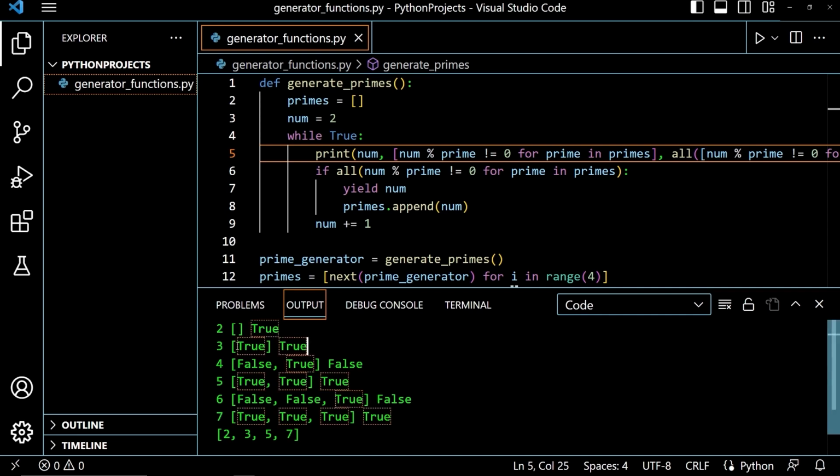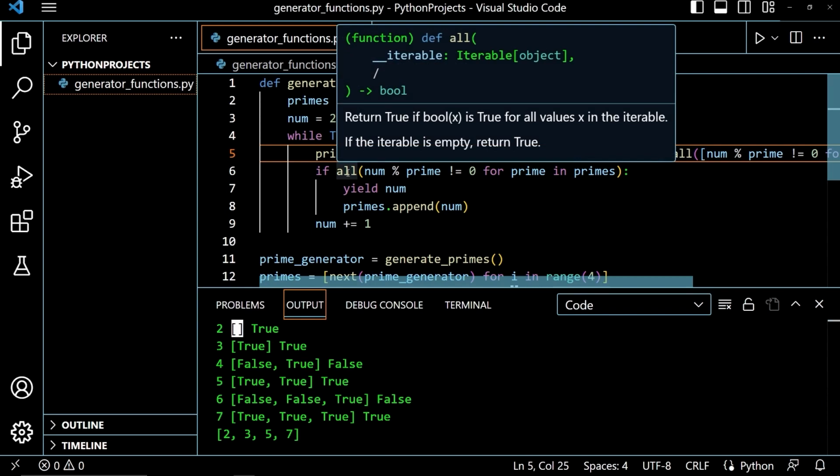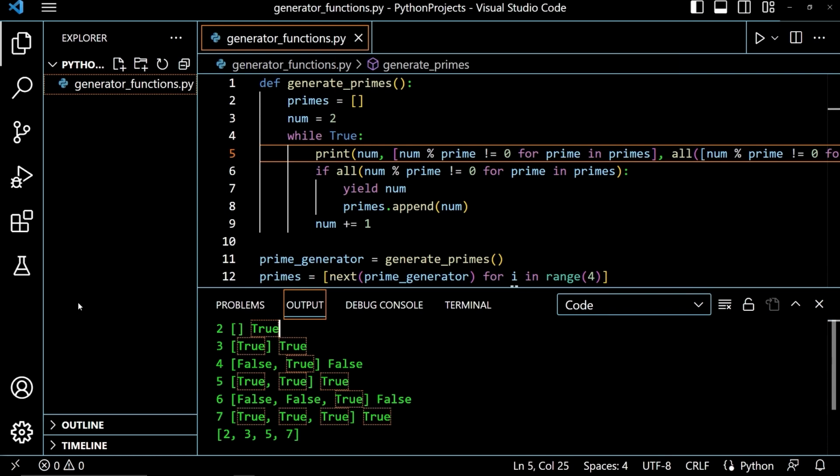And all of our Boolean values in here where this is true are true. So 3 has a single true Boolean, 5 has 2 true Booleans, and 7 has 3 true Booleans. And you'll notice that 2 is an empty list. And this is because if I hover over the all function, it says right here, if the iterable is empty, then it returns true. And with that hopefully coherent explanation out of the way, I will try to walk through